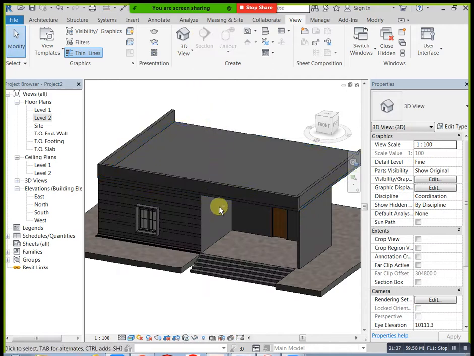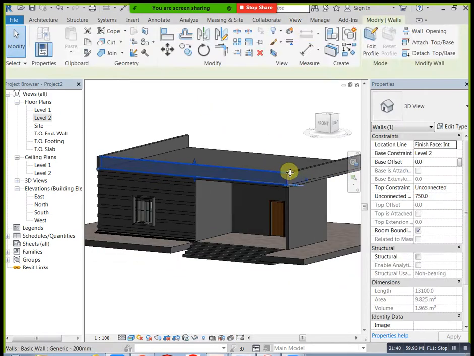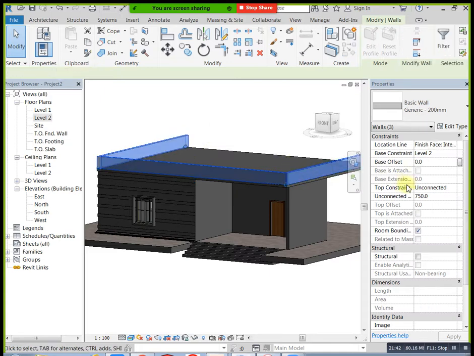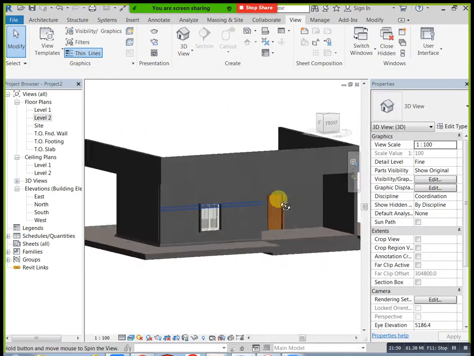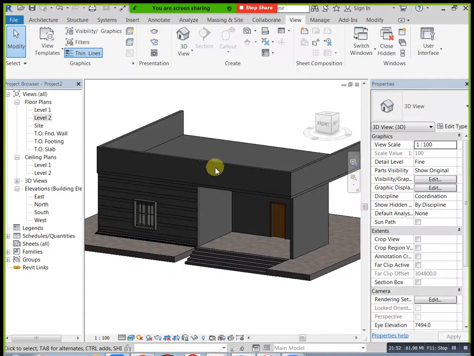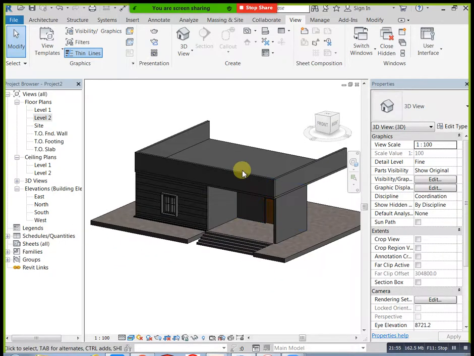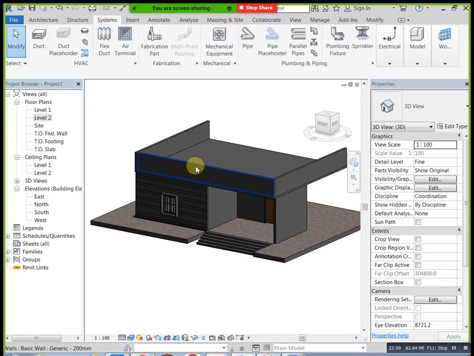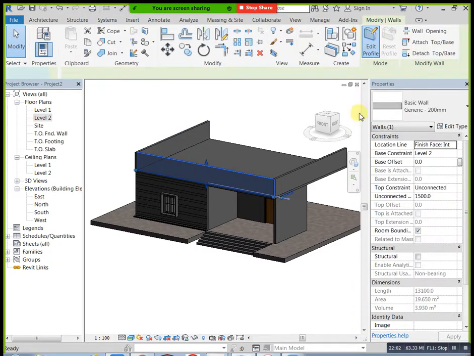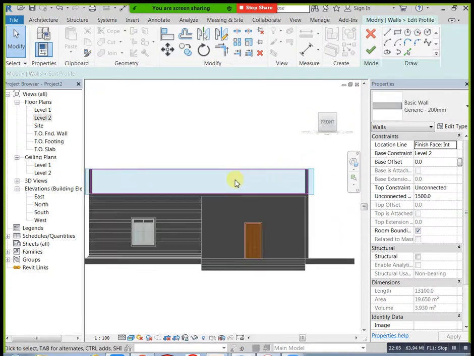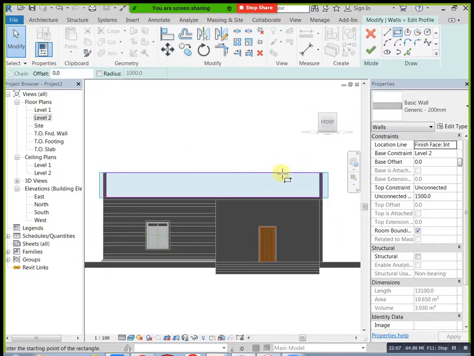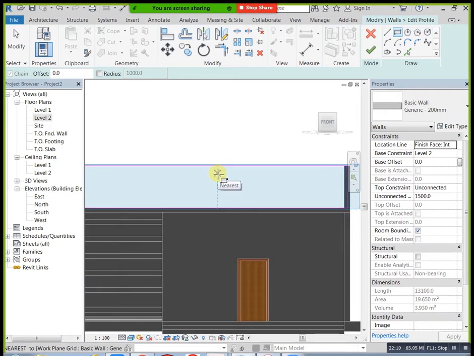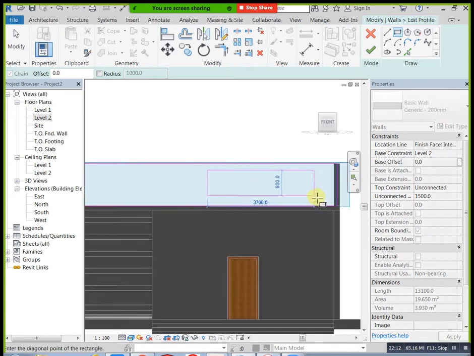Okay, this one now. Okay, here I need to create some designs. How can we create our design? Just you can select this one first. If you need holes, you can create directly. Just you can select this one, edit profile, go to front. Okay, here I need to apply like iron rods. That condition you can apply directly like this up to here. Okay, at the same time, after here, these two portions I need to apply rods. See now. Okay, how can we apply these rods?